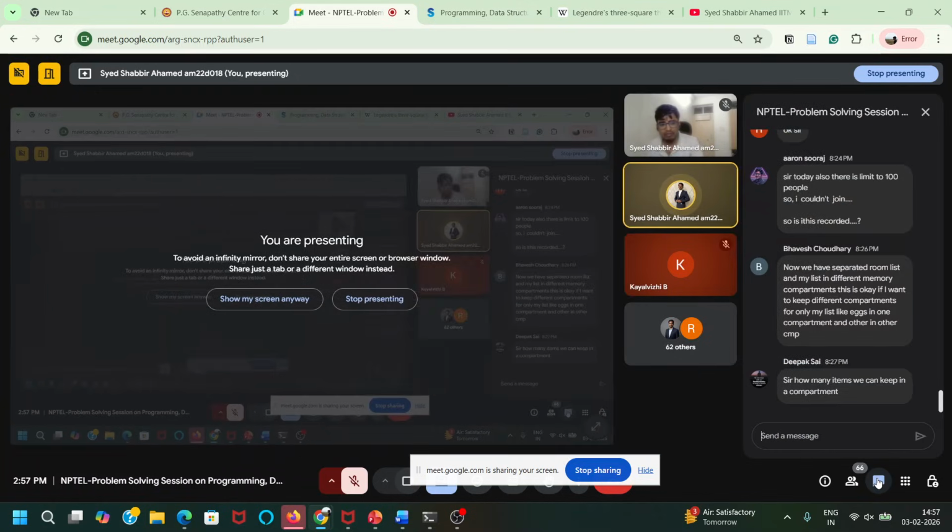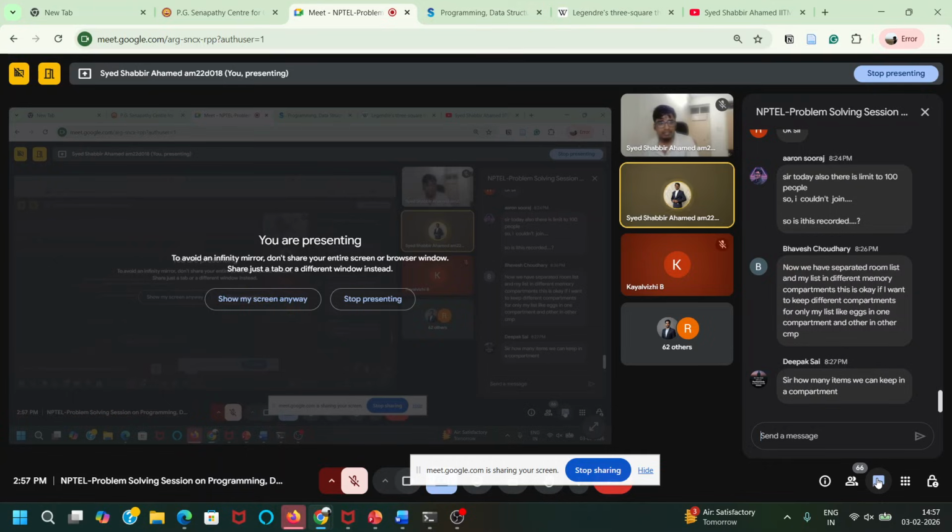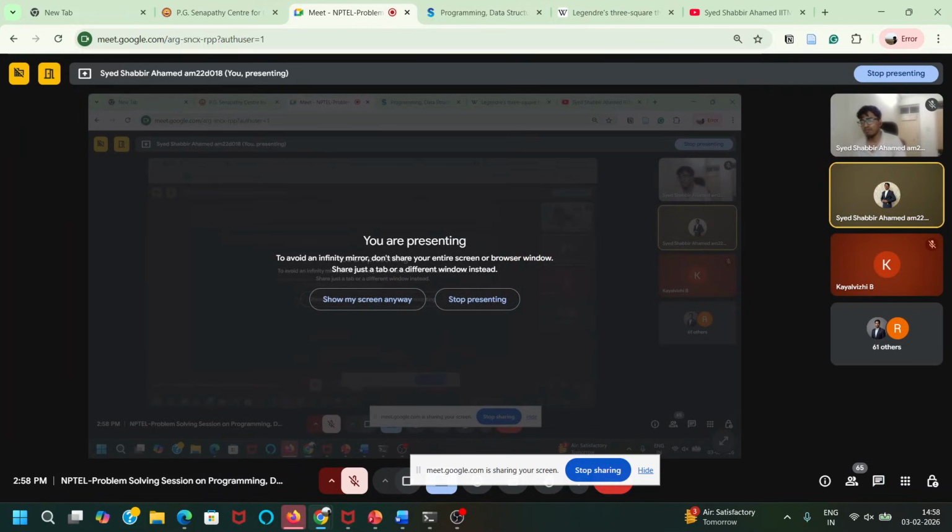That depends on your computer, Deepak. If you go through other courses which tell you about how memory gets saved in a computer, that is a different subject altogether. Whatever you write in computers is basically converted into zeros and ones.